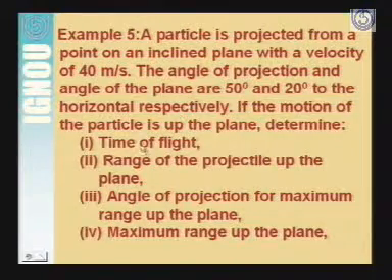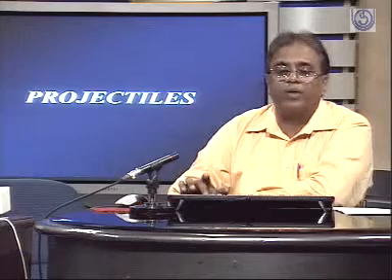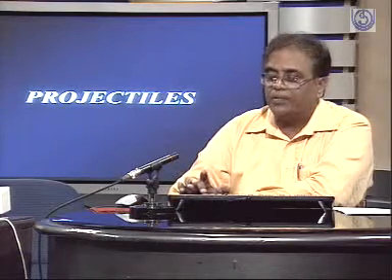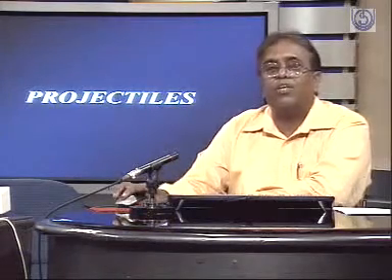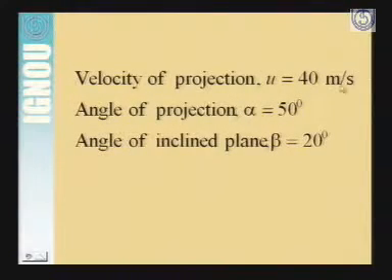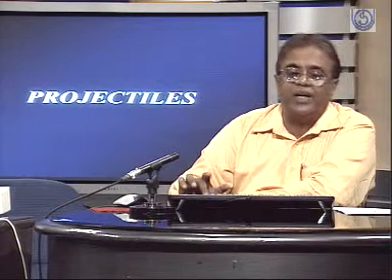So there is no problem for calculating time of flight and range. So far we have discussed. So here you see that the velocity of projection, that is u, is given from this numerical, that is 40 meter per second. Angle of projection, that is alpha, is 50 degree, and angle of inclined plane beta is 20 degree. Substitute all these values for the expression for time of flight as well as range, and let us see